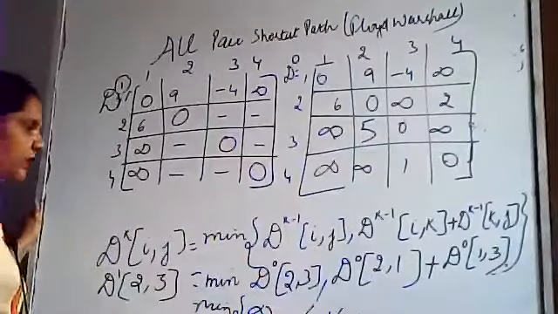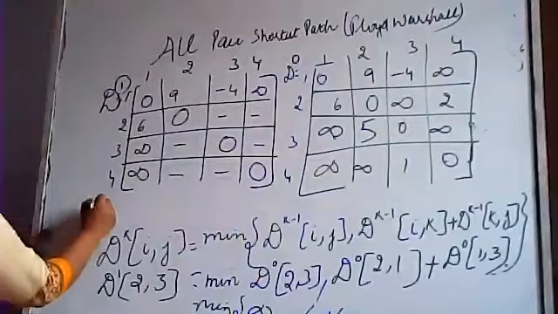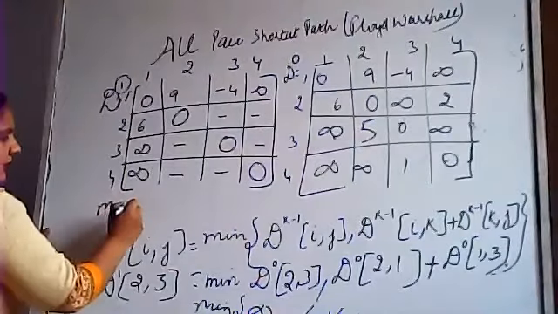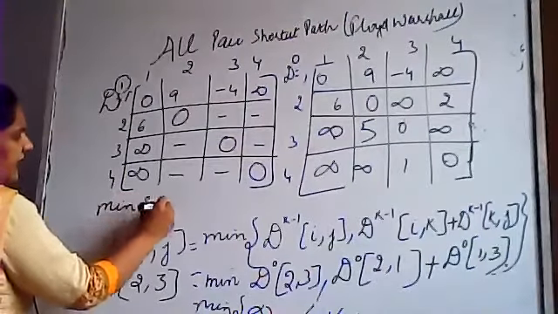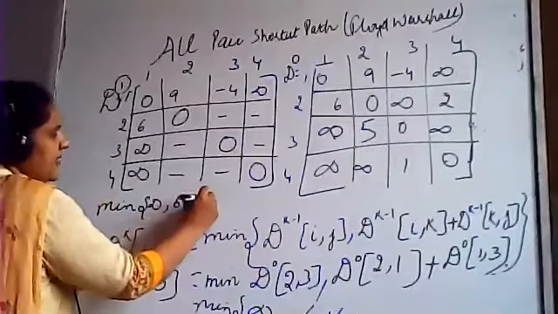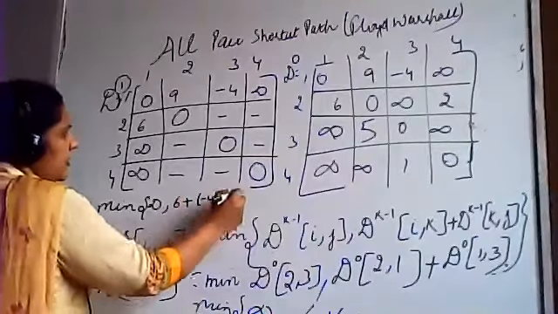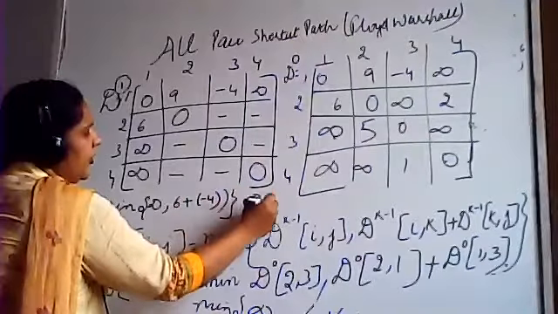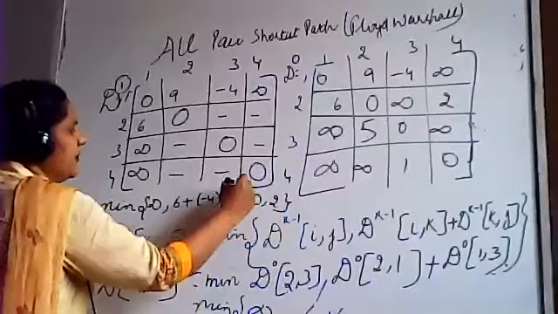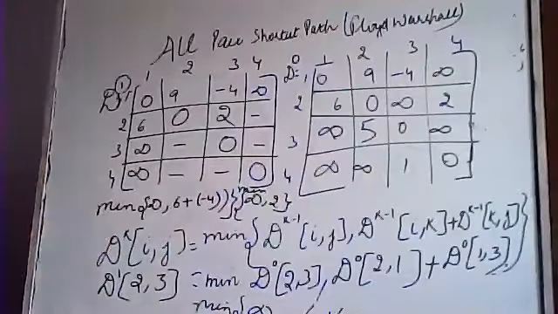You are not able to see, I think, so I'll do it somewhere here so that everything is visible. Minimum of infinity, comma 2, 1 is 6 plus minus 4 because 1, 3 is minus 4. So this will be infinity, comma 2, and the better value, the minimum value, is 2. So let's substitute this value with 2. Is it clear?